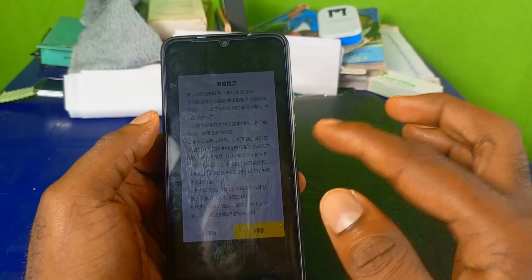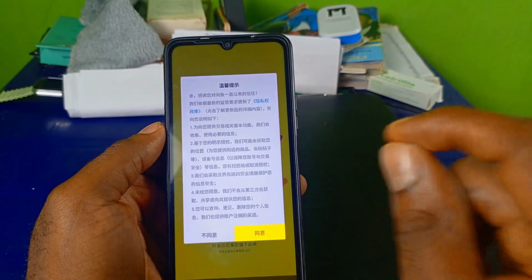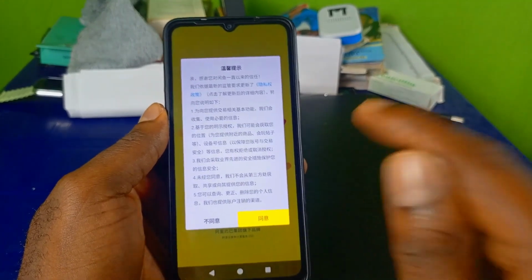In the next tutorial, I will show you how to simply log in and register successfully in your Xianyu